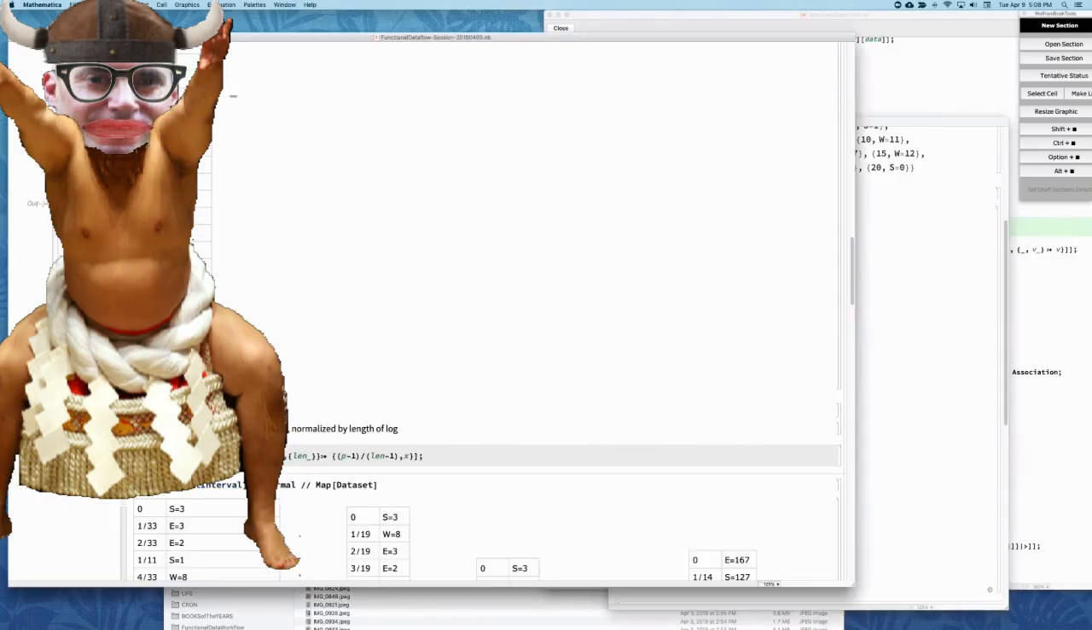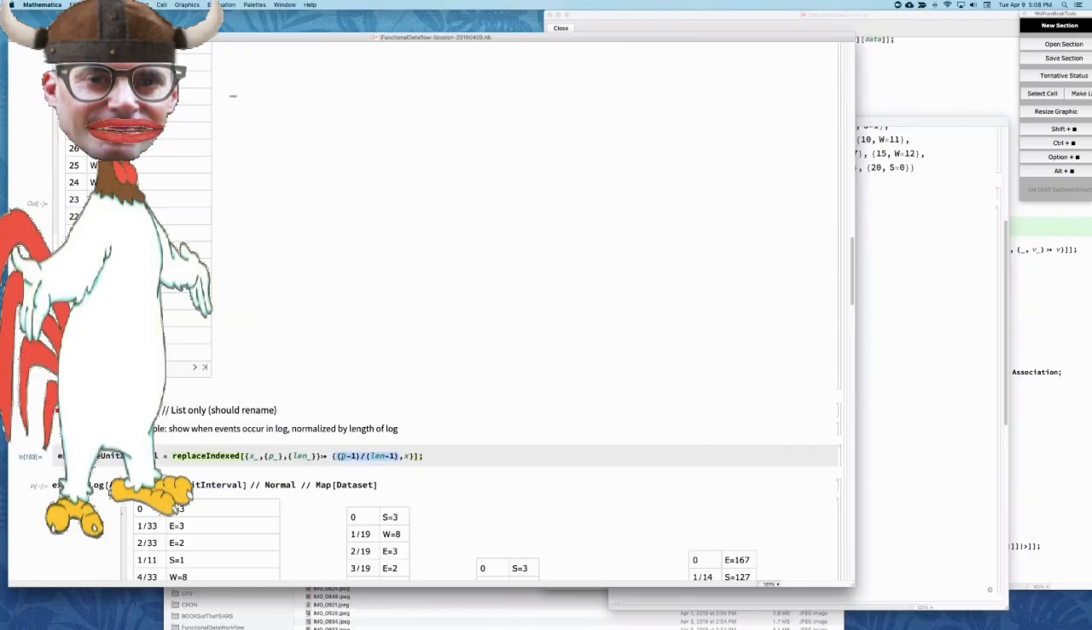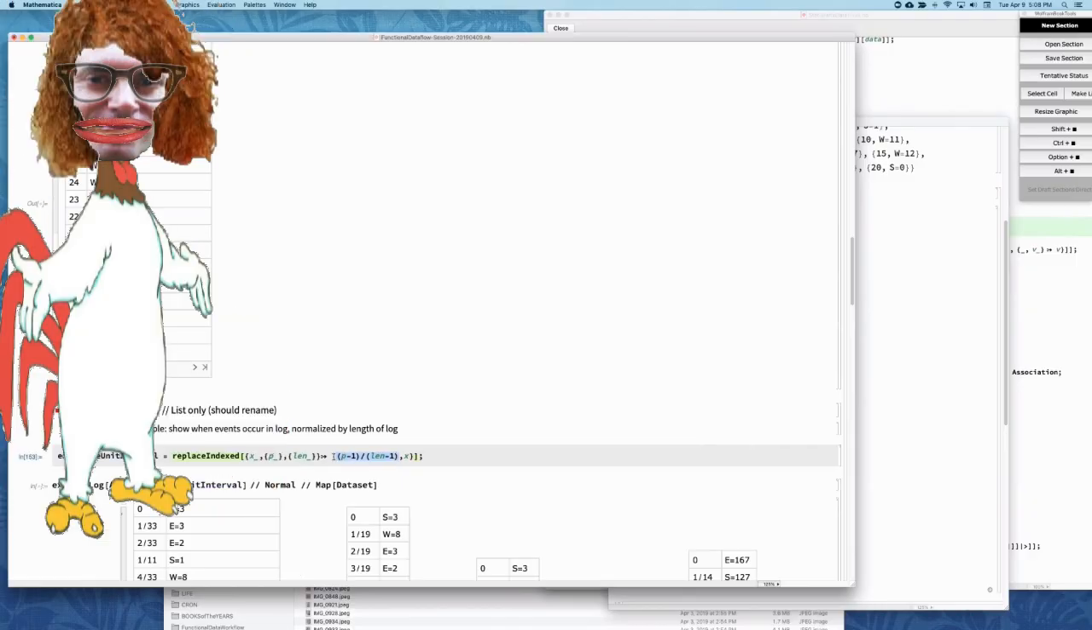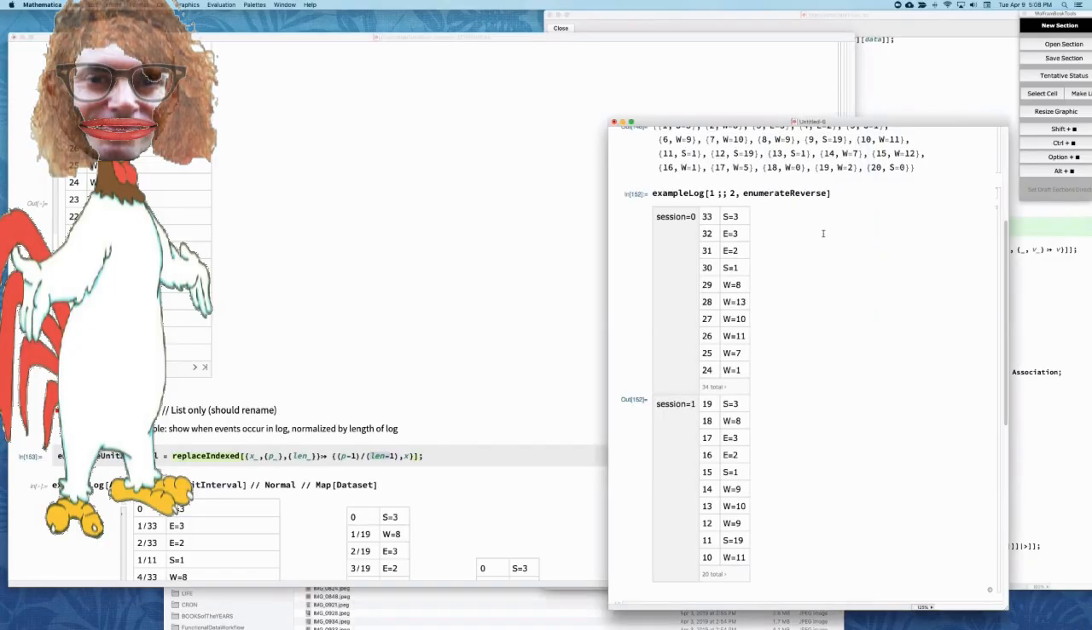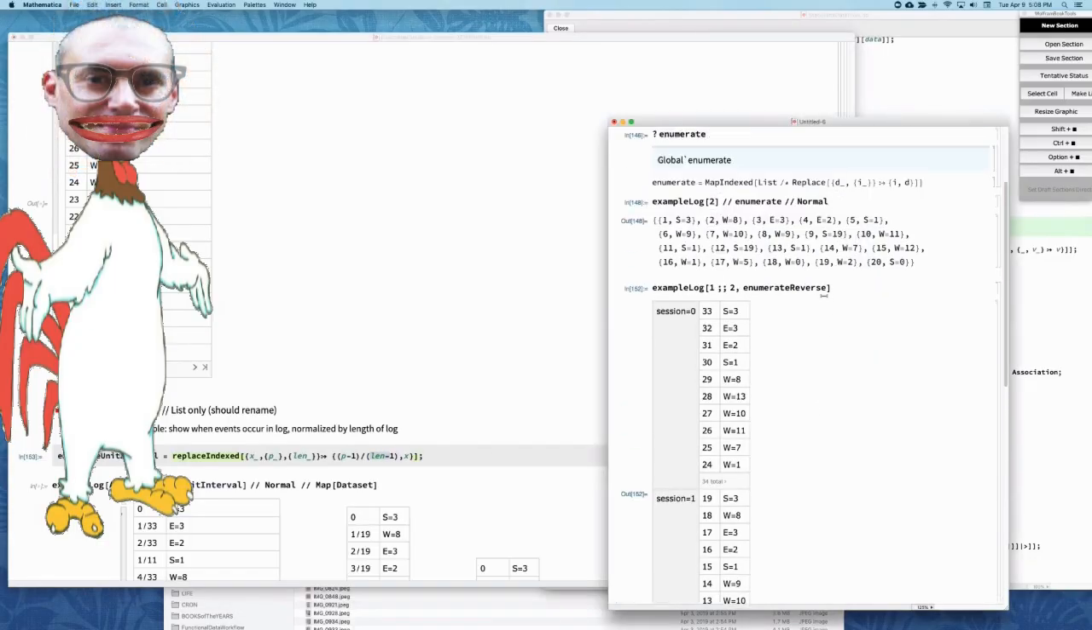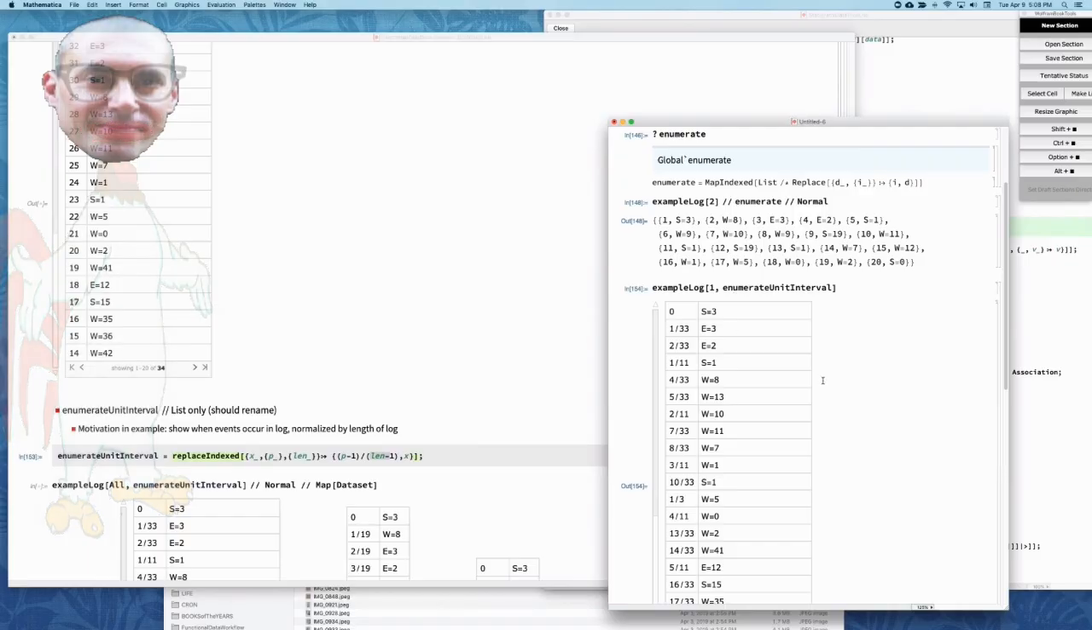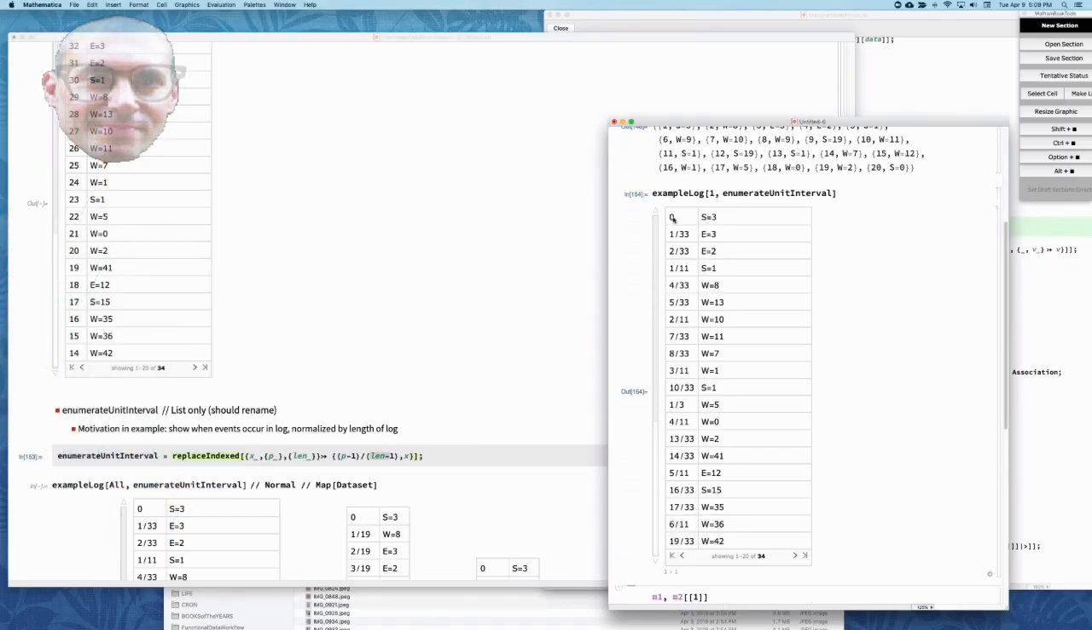I created another enumerate, which is called enumerateUnitInterval, which again uses ReplaceIndex, but with a different rule. This rule is just saying, take the position, which is provided by MapIndex itself, divided by the normalized length. So essentially, this is going to map these to 0 to 1. Let's see here if it works. If I just do it on one of them, you can see now that I've striped it, but instead of the index going like 1, 2, 3, 4 or backwards, I'm essentially just taking this pattern and